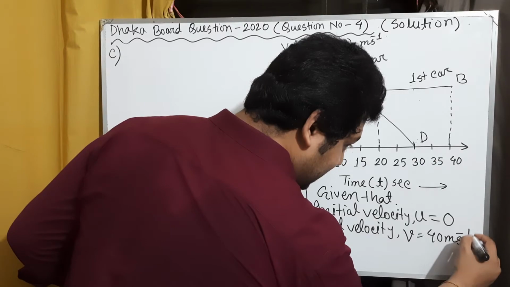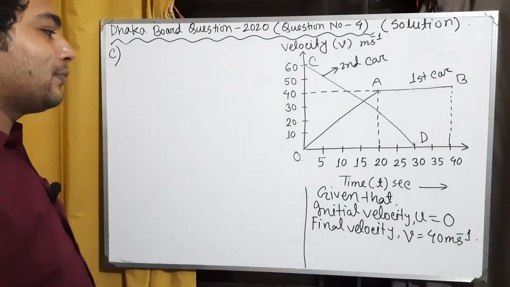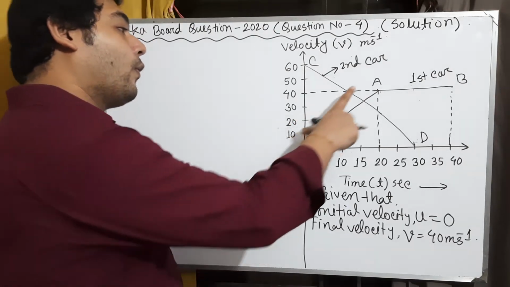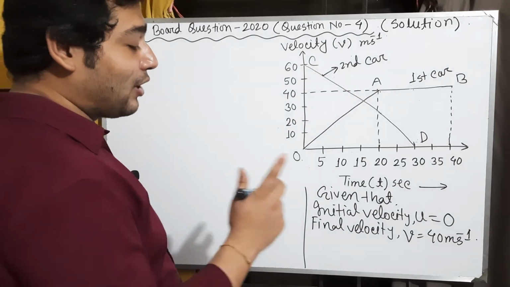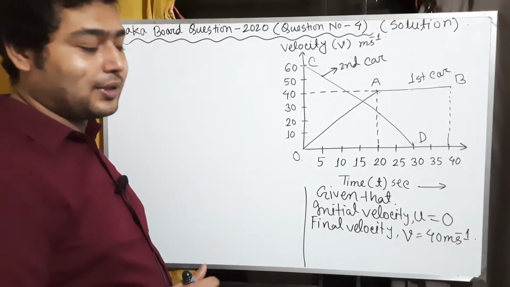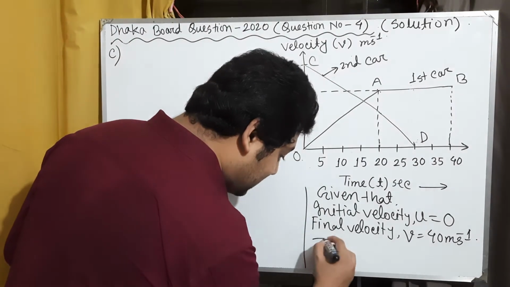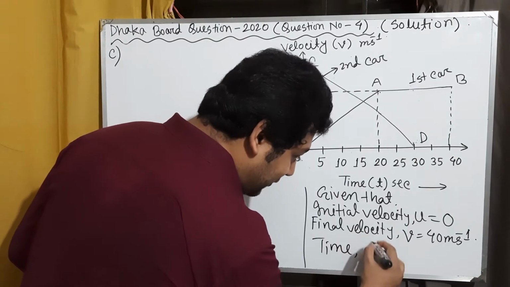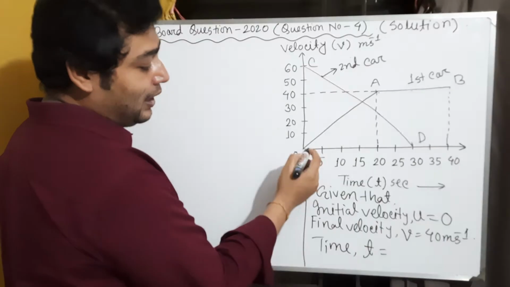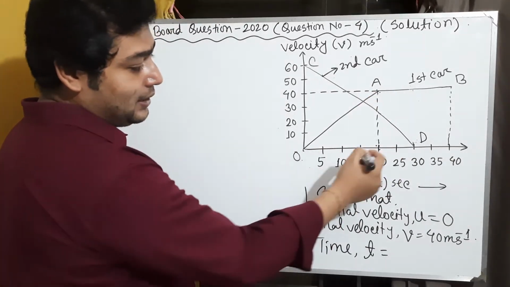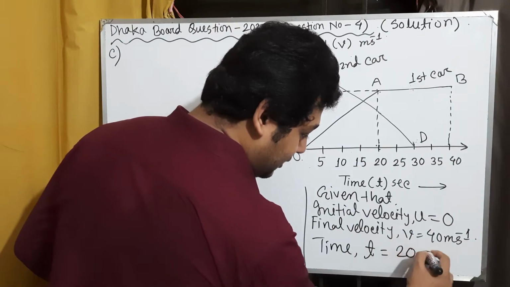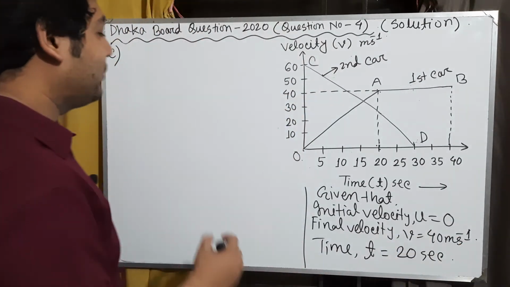Meter per second, and from the graph, for the OA path it travels 20 seconds. So the traveling time t for the first curve is 20 seconds. From the graph we get 20 seconds. Now we know